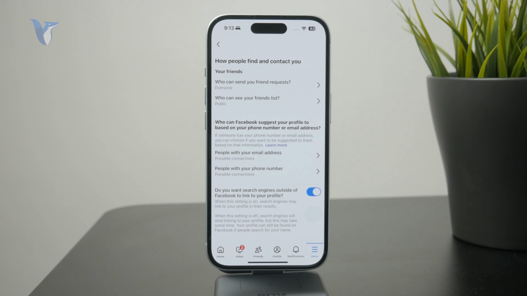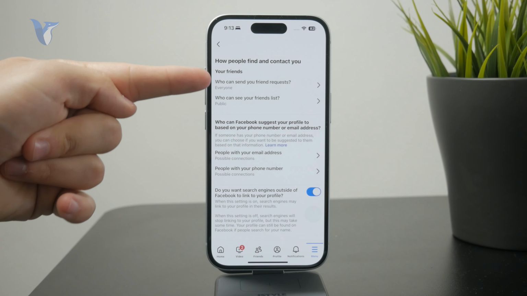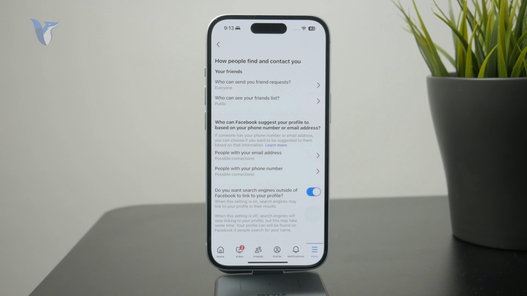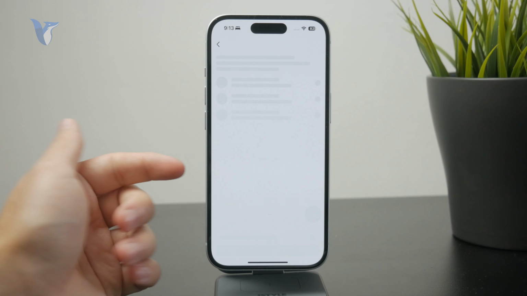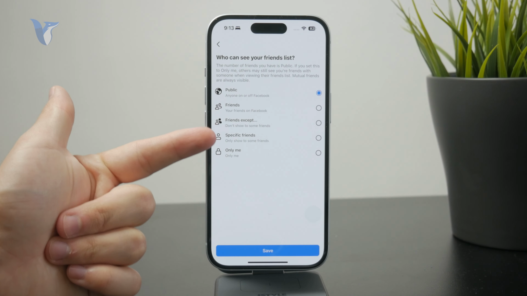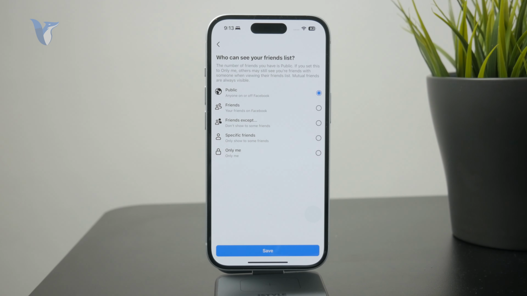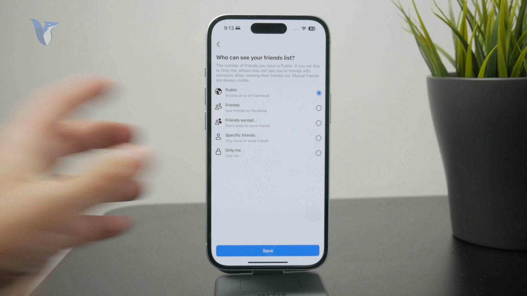There, at the top of the list, you have two options: who can send you friend requests and who can see your friends list. So in order to hide the mutual friends, change the who can see your friends list from public to either friends or some other option. Ideally, you can only make it for yourself, so click on only me and nobody else will be able to